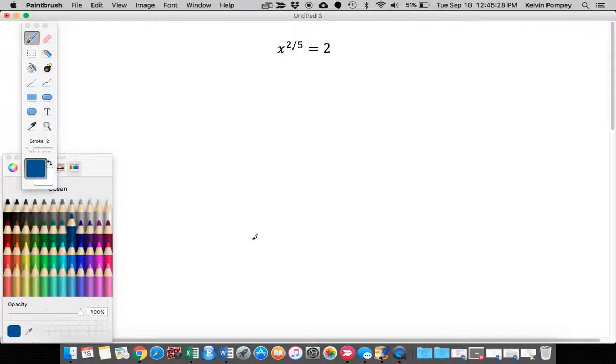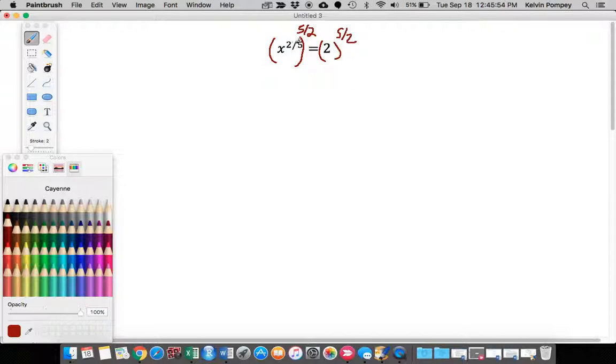The last example I want to look at is x to the 2/5 equals 2. I want to be able to solve this equation for x. Issue here, I have x raised to the 2/5 powers. And what we've been talking about in class is that we'd try to make this exponent 1, right? So if I raise both sides to the 5/2 power,